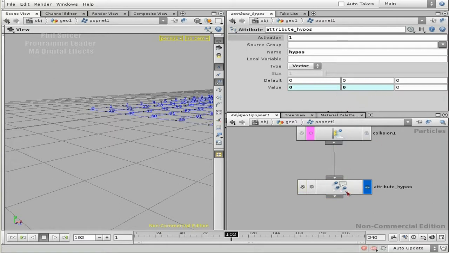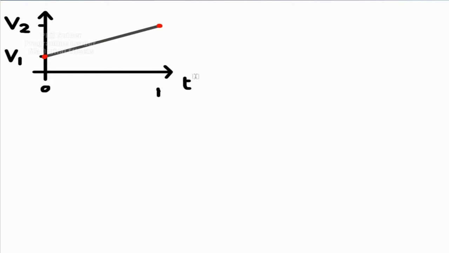And again, you can check this in your spreadsheet if you wish to, but I'm not going to do this again. Okay, now I'm going to take a little break, a little sidestep, and talk a little bit about linear interpolation. In order to do that, I made a little graph. What I've got here is a typical linear